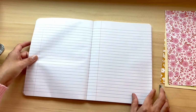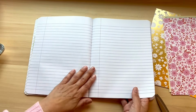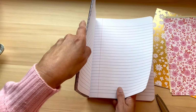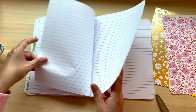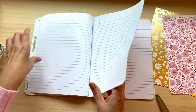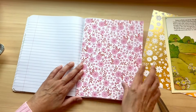in those. I add additional pages because I just sometimes want to add things, especially when I receive postcards or get pretty pages or papers. I just add them in this manner. So now I'm just going to show you how I am continuing to add them in here, and I'm just sort of trying to gauge that all of the pages I'm adding are evenly distributed. So that's sort of what you see me doing now. I'm just counting and making sure that all of the pages and papers are fitting nicely throughout the